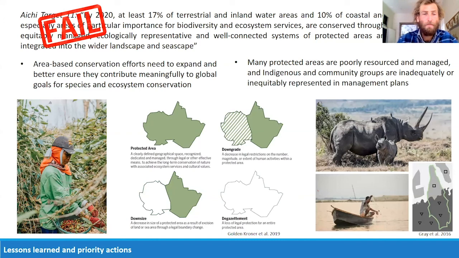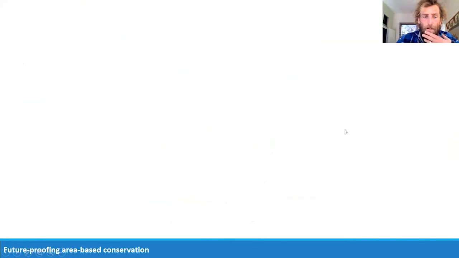We also suggest in the paper that we track incremental improvements in protected area states. So not just looking at downgrading and downsizing, but enhancement too. Can we track better funding of under-resourced protected areas? Can we track improvements or expansion of protected area states better than we're doing at the moment? This last one, we're just tracking outcomes better. We need more matched studies to properly track the biodiversity and social outcomes of protected areas. We talk about in the review some ways to do that.